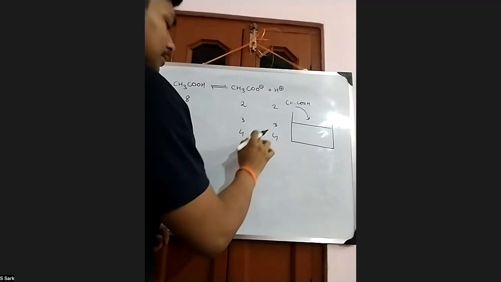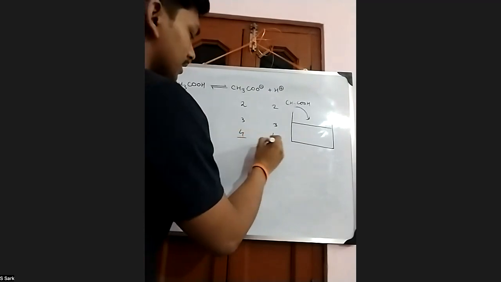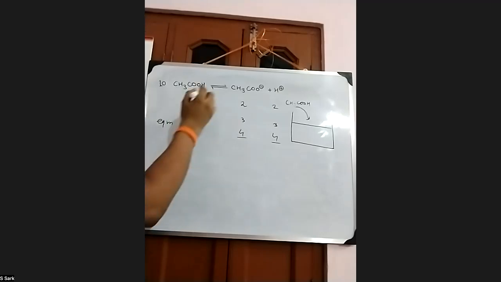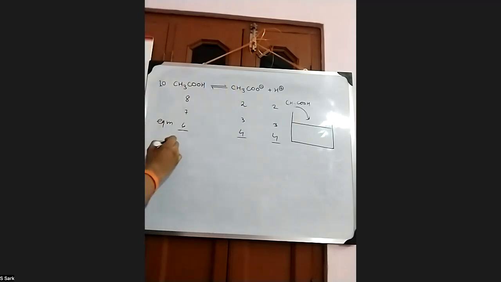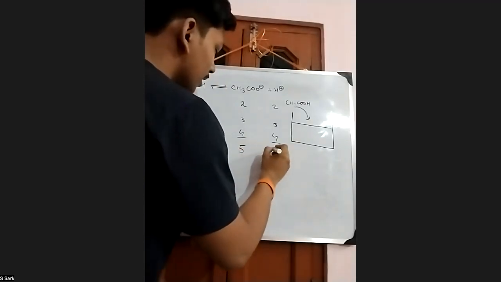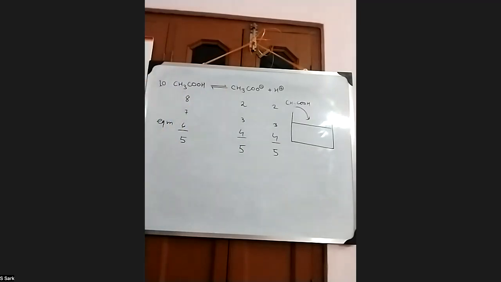Then we will call it the equilibrium position, because in this case the change in concentration of the reactant or product is the same. So this is the equilibrium position. This equilibrium position can be anywhere, not necessarily the case where CH3COOH will be 5 and CH3COO minus and H plus will be 5. It can be present in any situation whenever the change in concentration of reactant and product